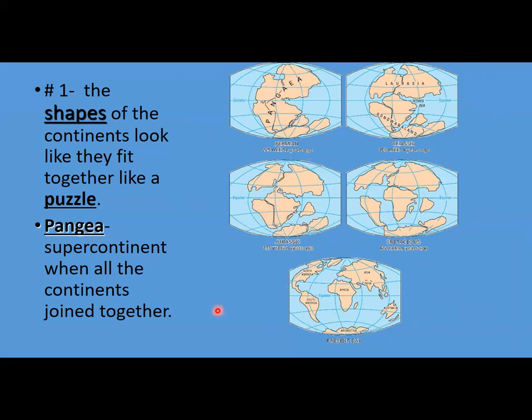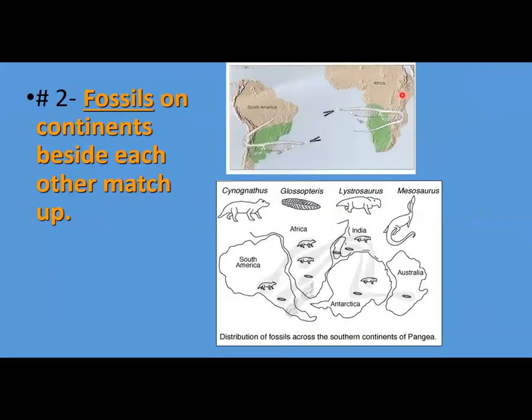Now, that wasn't the only thing that he had. He also supported his theory with the evidence of fossils. Fossils of the same prehistoric organisms, whether it be plants or dinosaurs or whatever, were being found separated by giant oceans. So if you look here on this map, this is showing you that there is a dinosaur that was found both in southern South America and southern Africa as well. Now, there's a giant ocean in between. So the question is, well, how did they get there? Well, remember, the current thinking was that there were land bridges and that these animals migrated from continent to continent. That's incredibly far, not very plausible for a number of reasons.